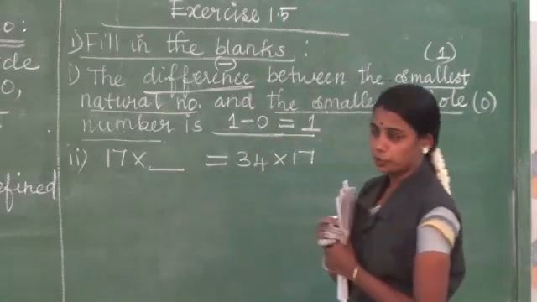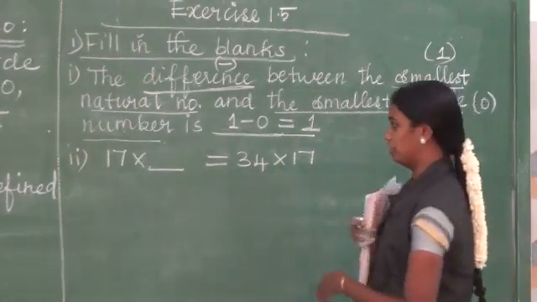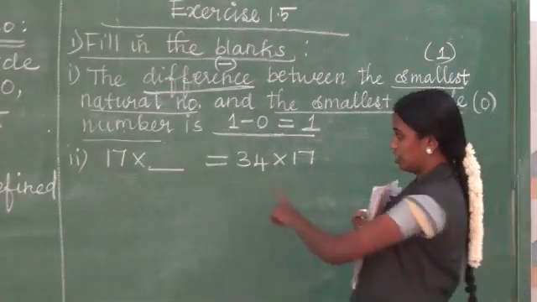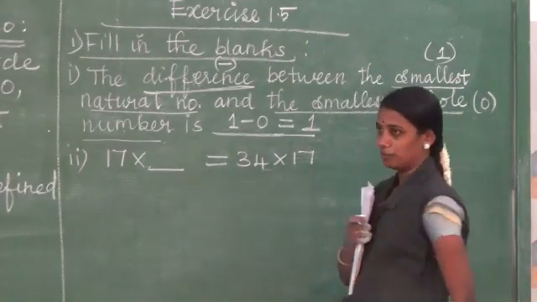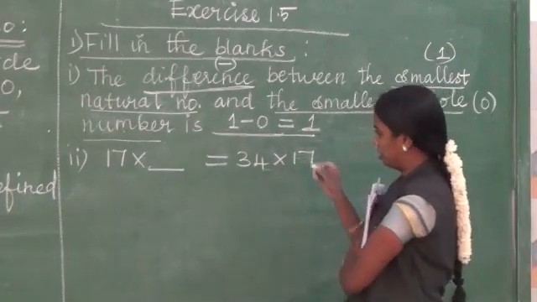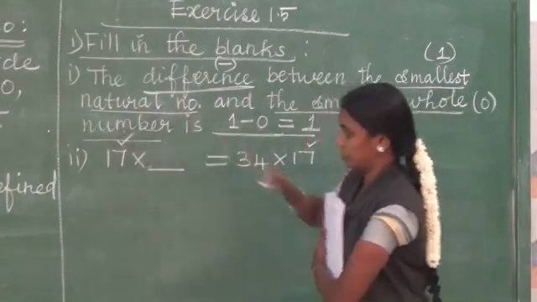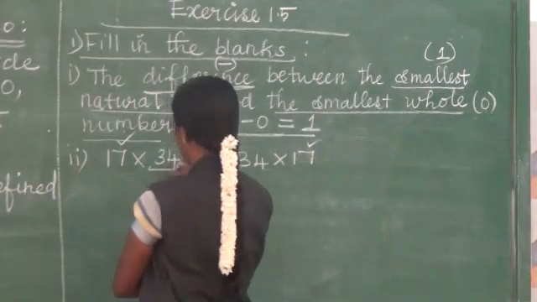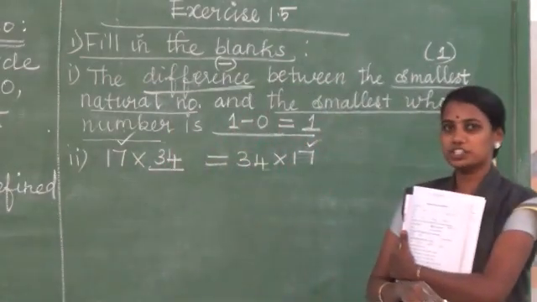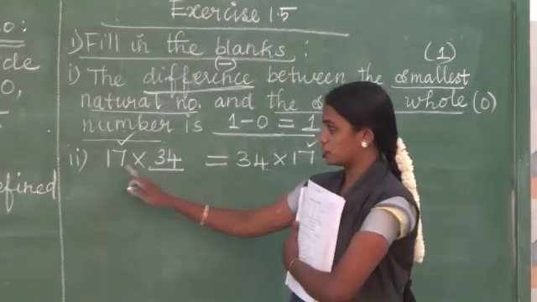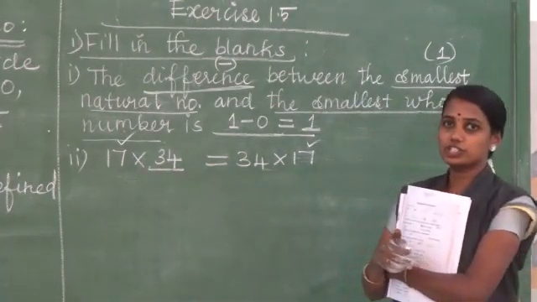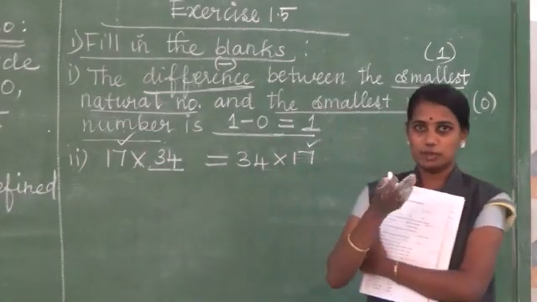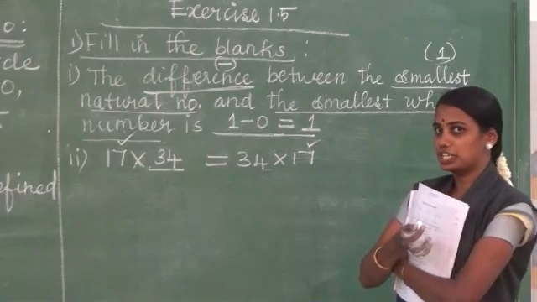It's based on the property. How many numbers do we have? We have the left hand side and the right hand side. First see that. In the right hand side we have 2 numbers. Which number is missing from here? See, 17 is here, 17 is here. So 34 is missing on this side. The answer is 34. Which property is it? Two numbers, so it's the commutative property. Which operation is there? Multiplication. So it's the commutative property of multiplication.